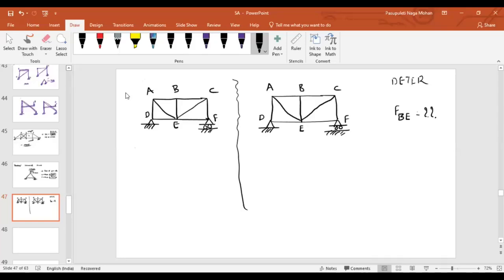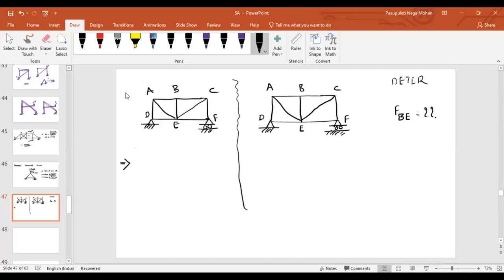So if in the exam they ask you to find a specific force in a member or some members, instead of one, they might ask you for two members or they might ask you for three members. So in that case, you have to go for the method of sections. Before that,